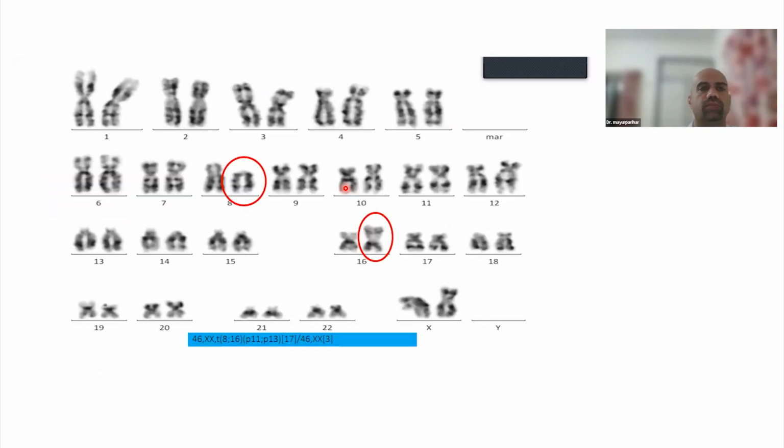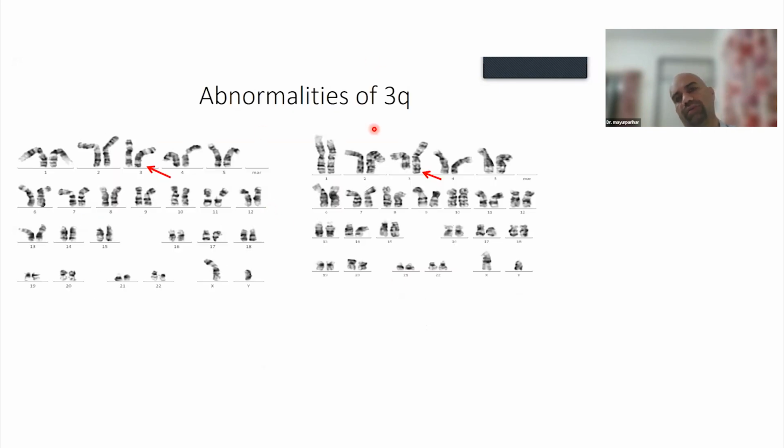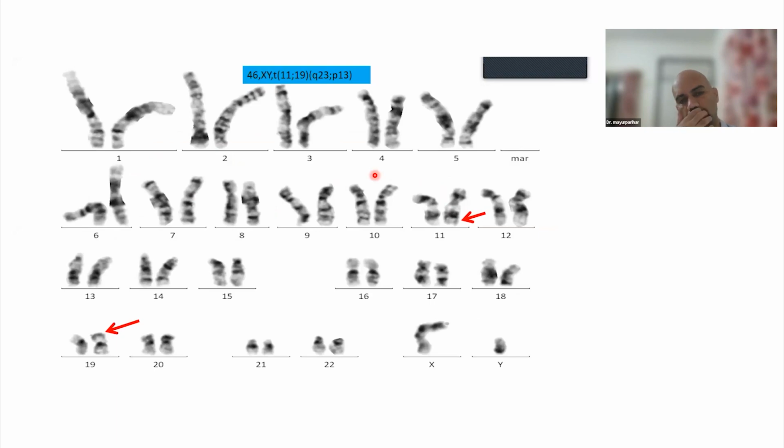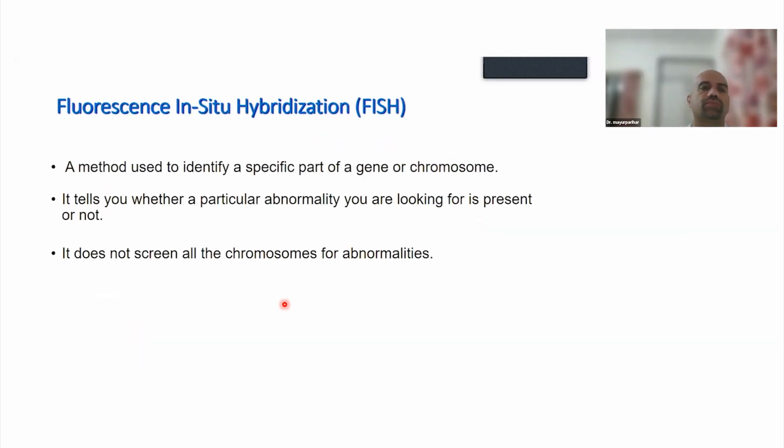and so on. So, for example, this was a patient of AML showing a translocation 8;16. There can be very subtle abnormalities. These are patients of acute myeloid leukemia showing a 3;3 translocation. This is an MLL gene rearrangement showing 11;19. So you see it's a very subtle rearrangement. You look at this 19, it shows a dark band here. This is the only clue you will get. So it's a lot of morphology. It's a very laborious process. You need to go by band. You need to identify the abnormalities and you need to pick them up.